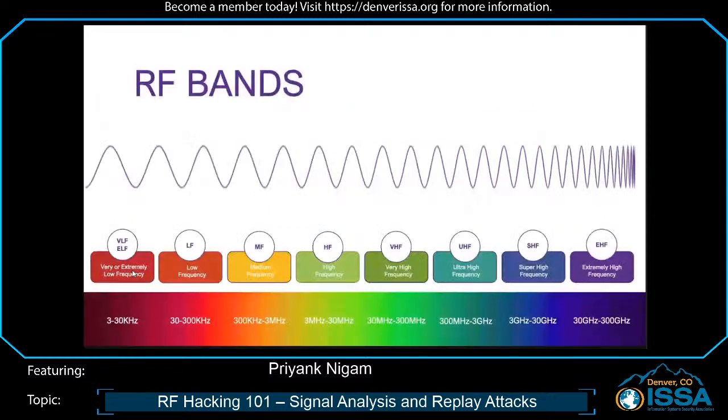So RF bands, we don't need to go into much detail about this, but this is basically the whole spectrum of RF. You could start with very low frequency. There's an interesting relation between frequency and wavelength, whereas they are inversely proportional to each other. So if you have very low frequency, the range would be very high, and vice versa. The low frequency waves are mostly used in navigational systems because you need to traverse really long distances,